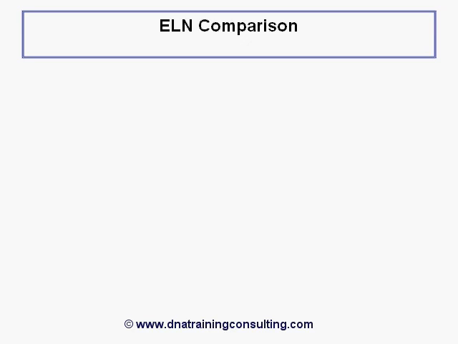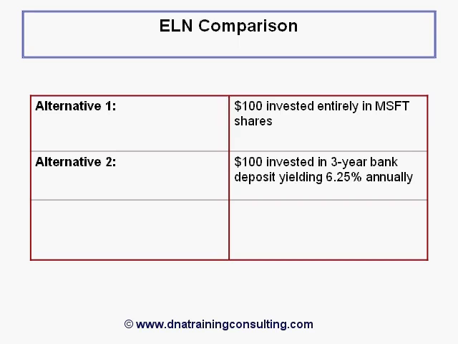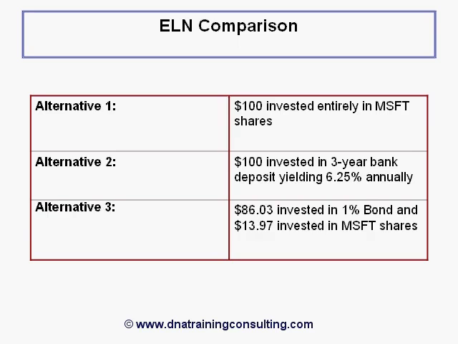Somewhat arbitrarily, we have chosen here to compare the returns under the ELN to those under Alternative 1, a pure investment in Microsoft shares; Alternative 2, an investment in a 3-year deposit issued by the bank, which we know yields 6.25% annually; and Alternative 3, an investment in which we combine a 1% 3-year bond issued by the bank and costing 86.03 to provide coupon and capital protection with the purchase of shares rather than call options of Microsoft with the remaining